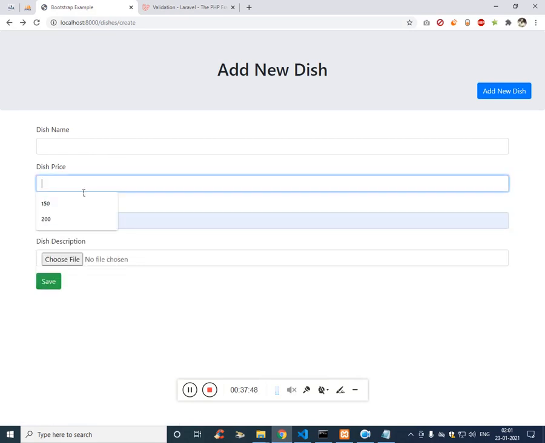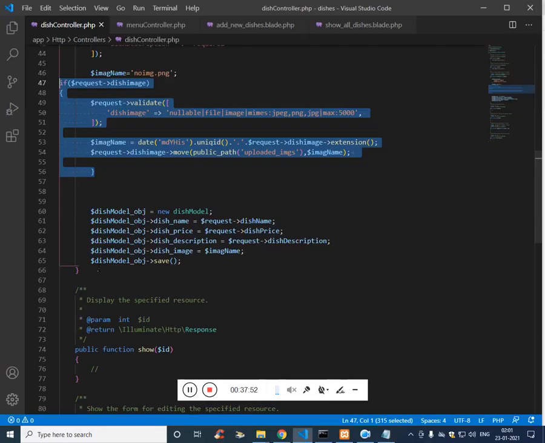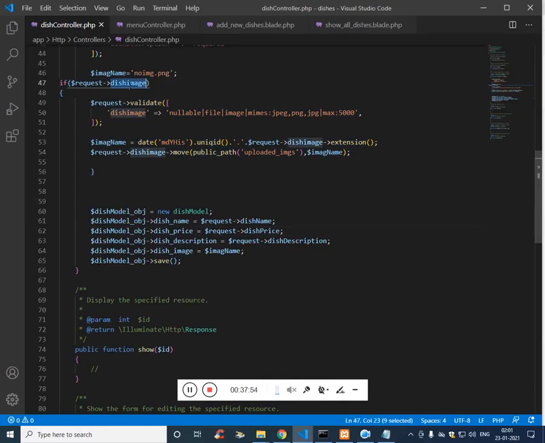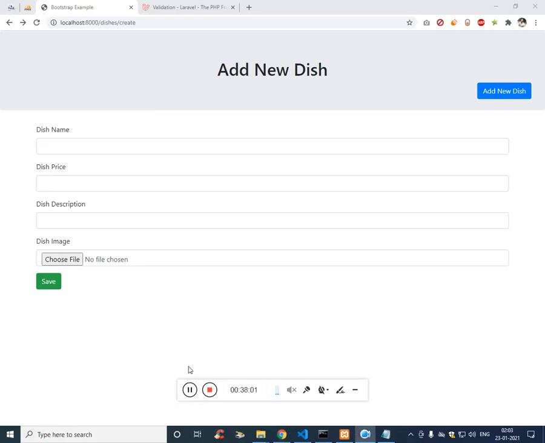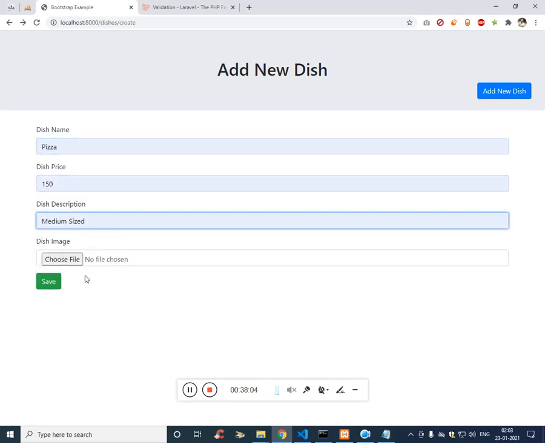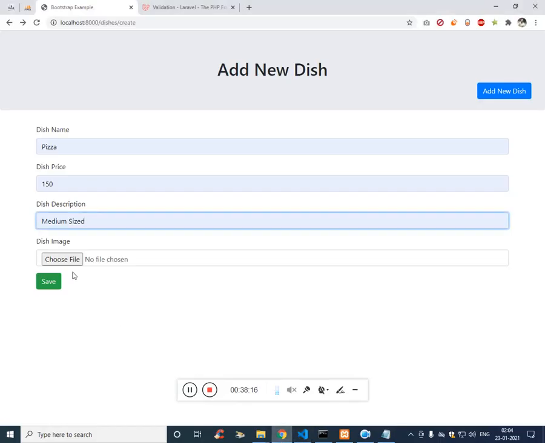Type something. Let's first check the validation. Validation is not running. Actually the thing is, we have not added the validation. So if we don't add this image, then it would be the normal no image.png. That's what happened.